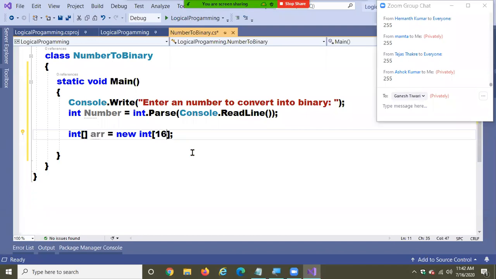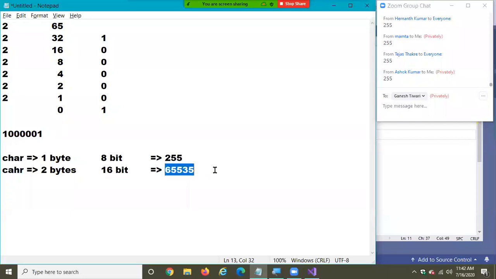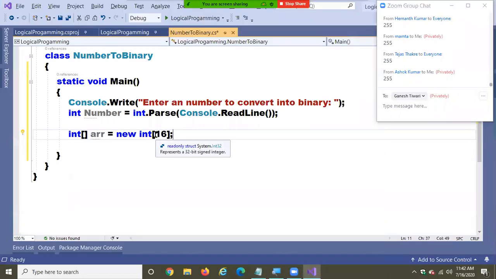As of now, I'm writing the code to a max value of 65,535 only. If you want more than that, just increase the size of this. That's it. Finish.